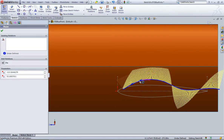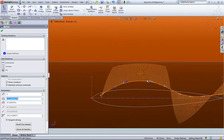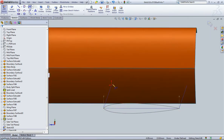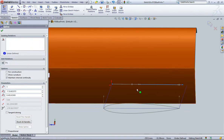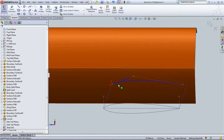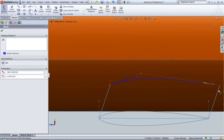trouble with this curvature. Which is why I suggest you start with a 2-point spline and you adjust the handles and you see if you can get your curvature right, because these multi-point splines, they're not necessarily a bad thing, but if you're going to want to do some tweaking in here, you're really going to want the control of those handles, or possibly use the polygon method, the control polygon, which is the same thing as the handles. It's just a little bit better visualization. It might be a little bit easier for you to get nice geometry this way because you're controlling both handles at the same time. Alright, so what we want to do, let's pierce that, and same thing over here,